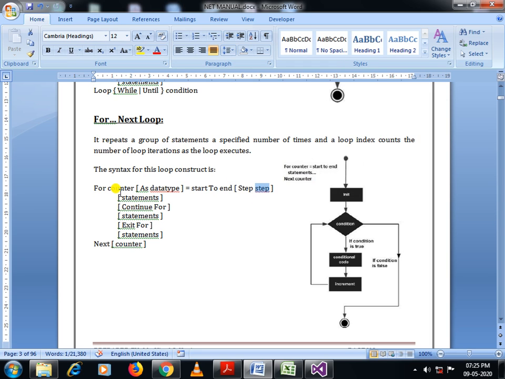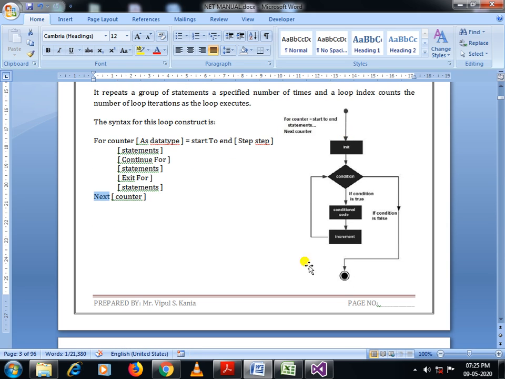So if I write for I equals 1 TO 10 step 2, then this loop will be executed 5 times. First for I equal to 1, then 3, then 5, then 7 and then 9. The Next statement indicates the scope of this For Next loop.